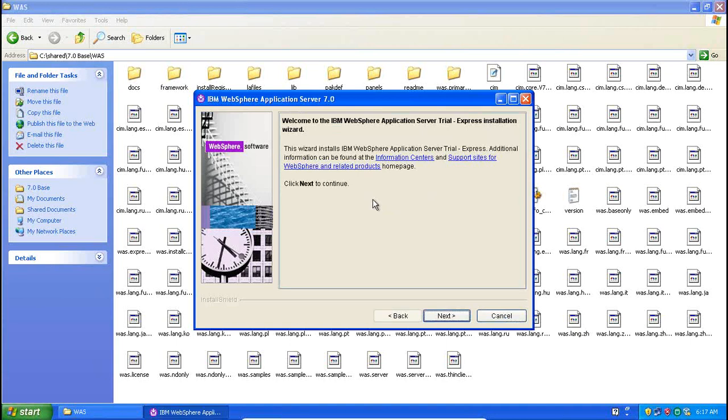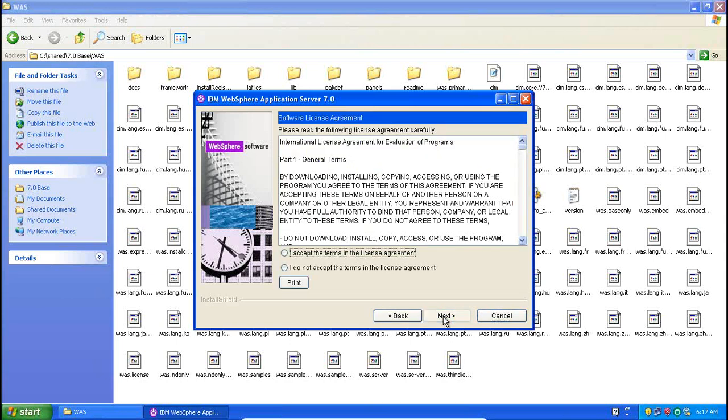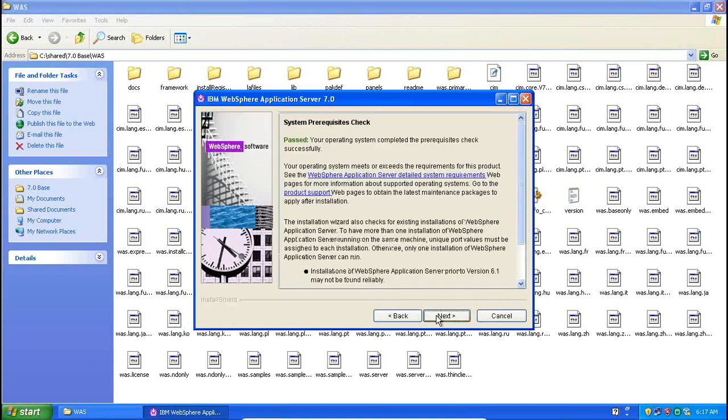So this is the welcome screen, guys. Just say next. This is a generic thing for any software installation. Accept the license. See, system prerequisite check. So can someone tell me what is prerequisite?